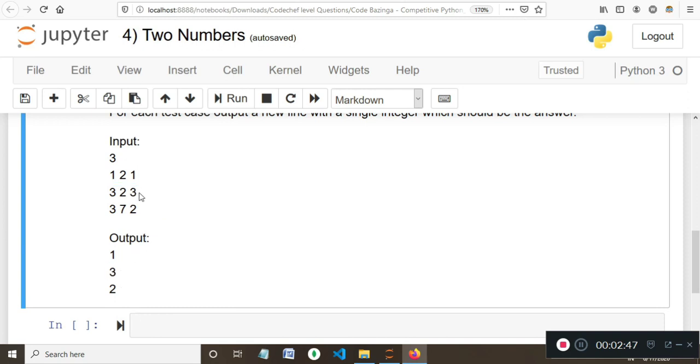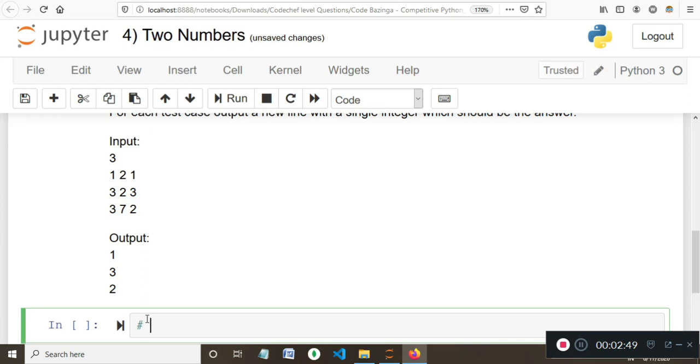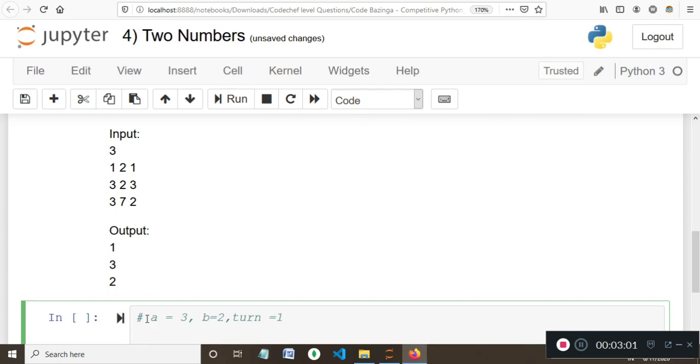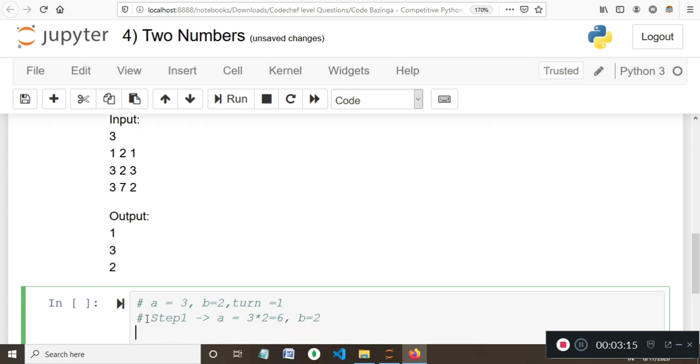So there are 3 turns. Initially a is 3 and b is 2 and the turn is 1. So after the first turn, a will become 3 into 2, which is equal to 6, and b will remain 2.